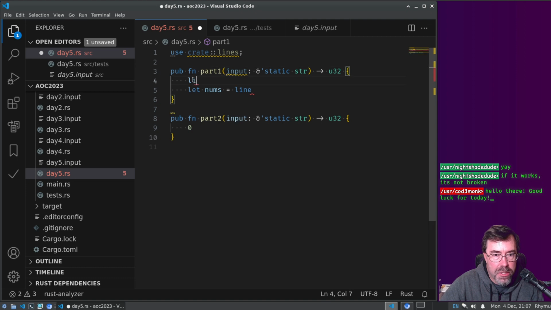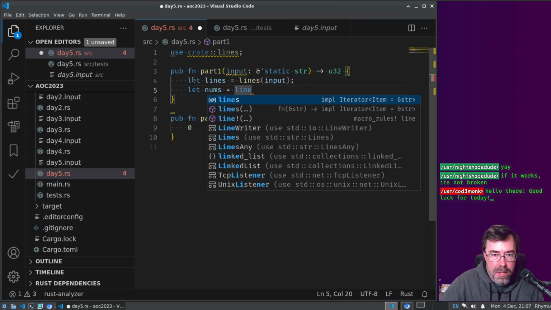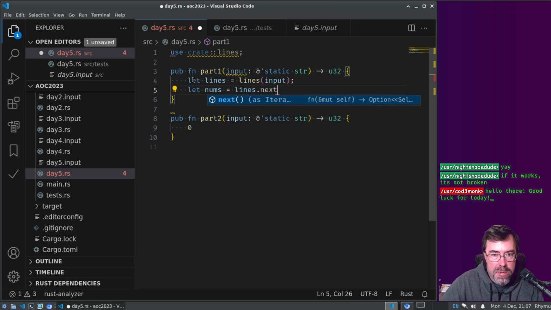Actually, we're just going to get our enumerator. Let lines equal lines input. And nums is lines next. Parse nums.